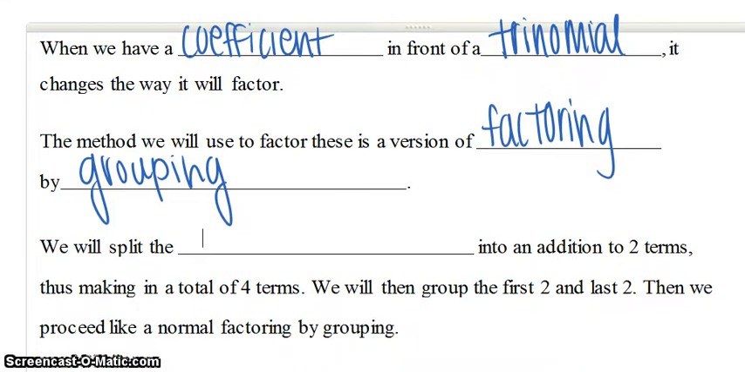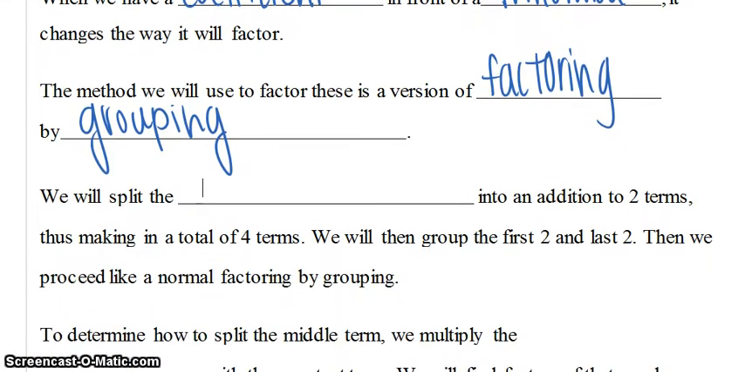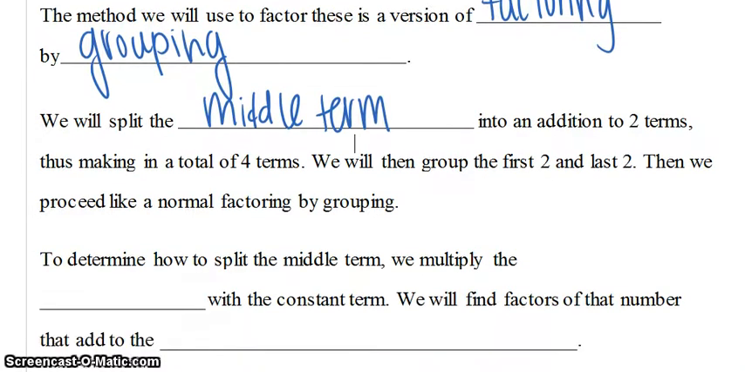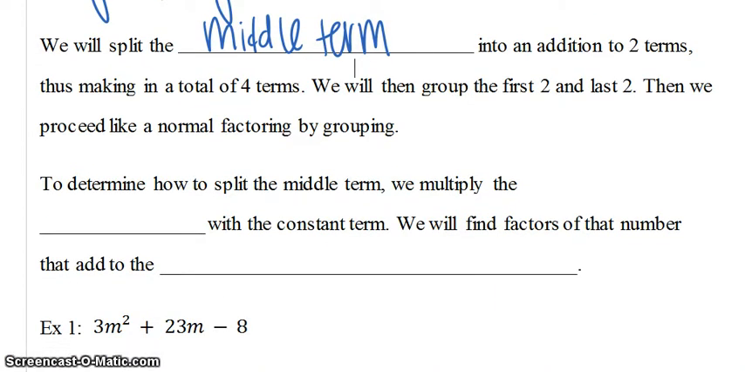Okay, so it says we will split the middle term into an addition of 2 terms, thus making it a total of 4 terms. So we're going to change it from 3 terms to 4 terms without actually changing the value of the problem. We will then group the first 2 and the last 2. Then we'll proceed like a normal factoring by grouping. So we're just kind of setting it up to be factored by grouping, and then we'll be able to factor it just like that. To determine how to split the middle term, we multiply the coefficient